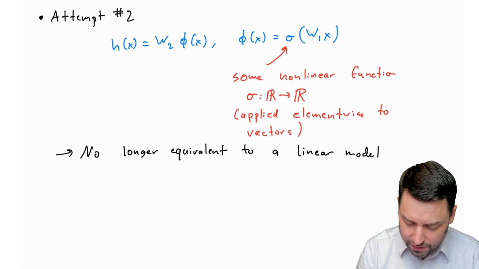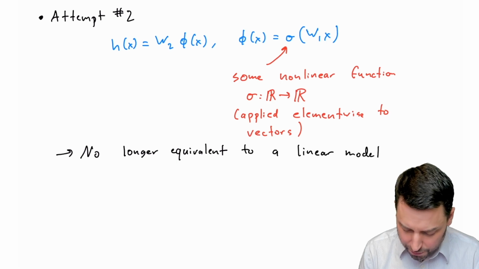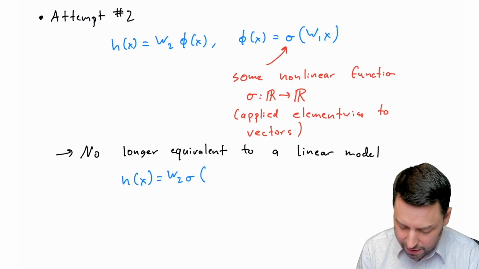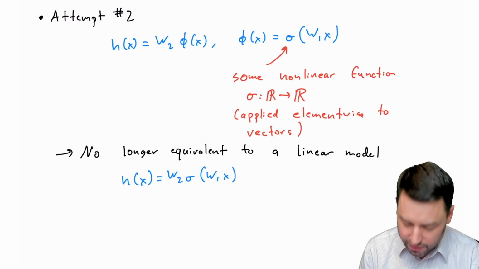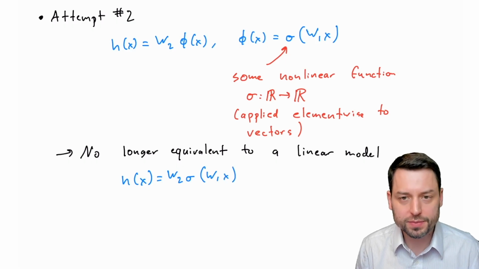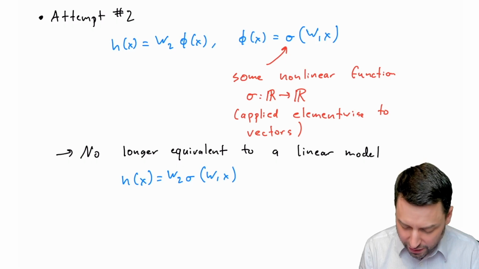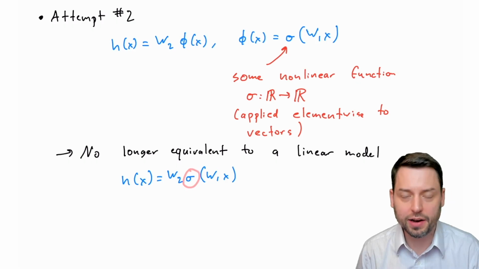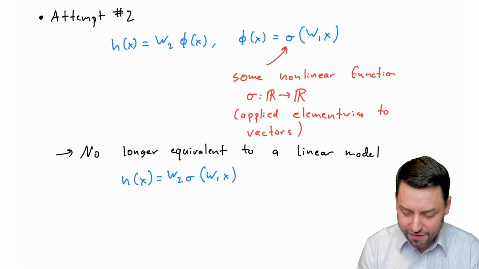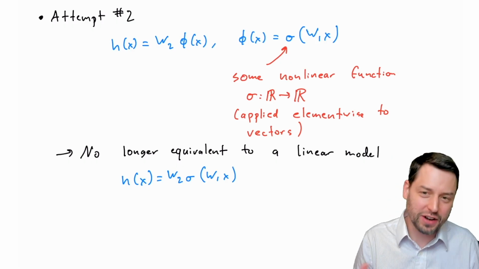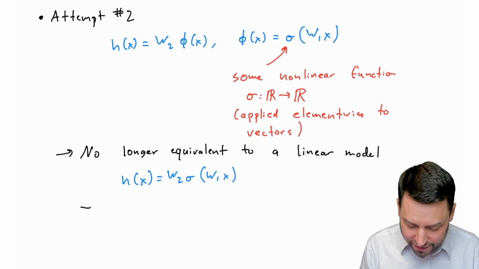And that's because if you look at the form that h of x takes now, h of x is equal to W2 times sigma of W1 x. And we can't play that same trick as before. There's no single linear matrix that can represent this function when you have this nonlinearity here. And in fact, for certain types of nonlinearities, or really for almost any nonlinearity, this is called